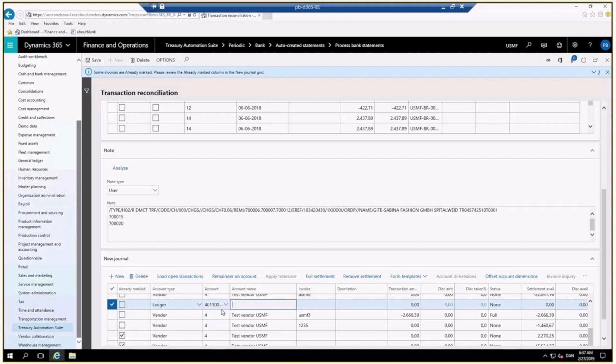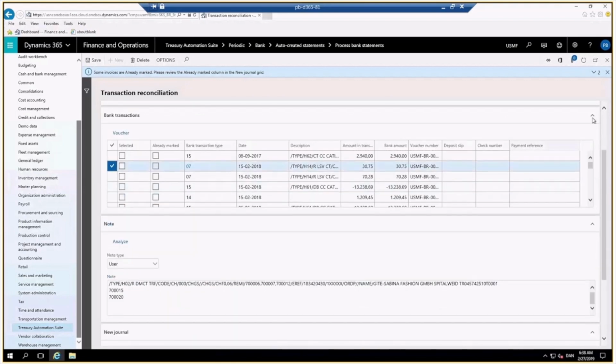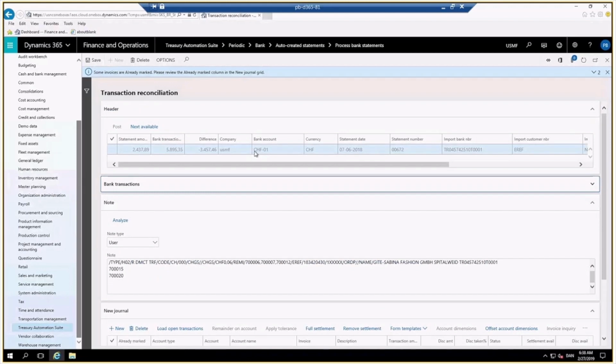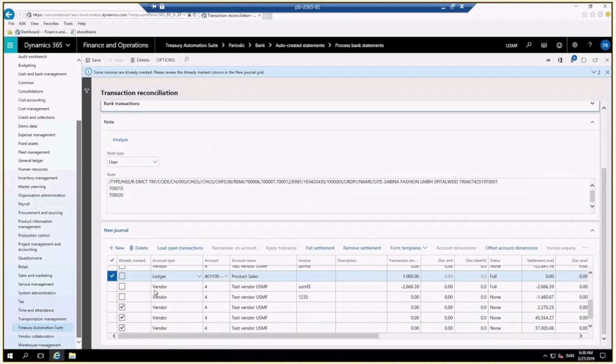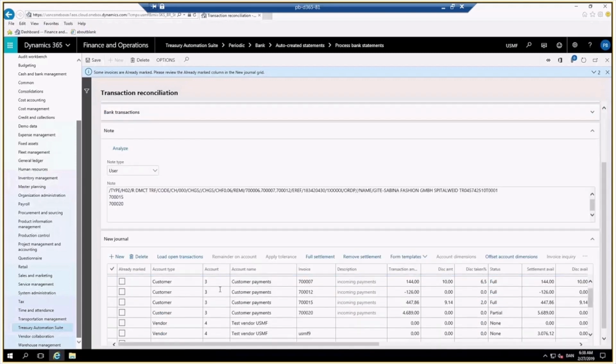Type in whatever your ledger account is, and put in an amount here. When all of this goes to zero, check up here at the very top. You can see that there is now a difference of minus 3,457.46. Say you decide that this is what you need. You haven't received any further information from the customer, so you will put the remaining amount on account on this